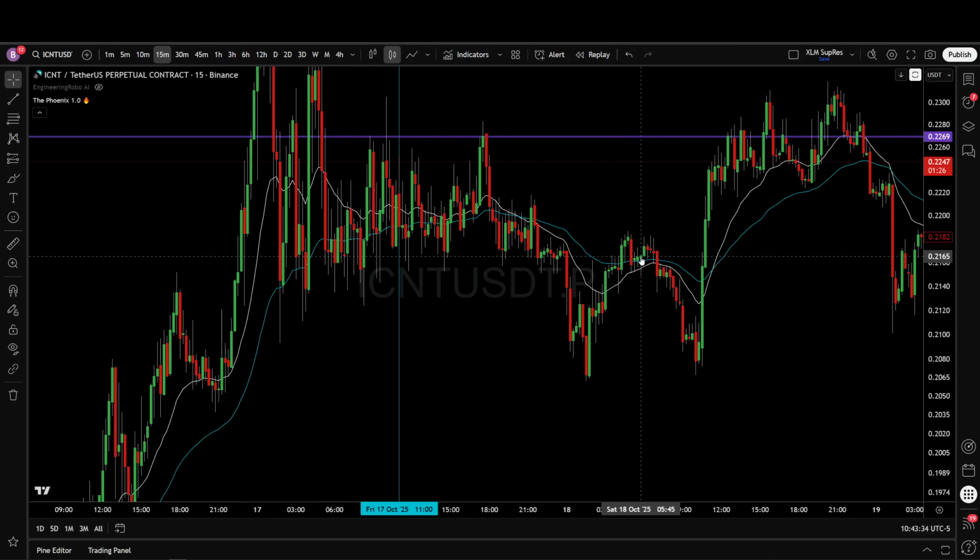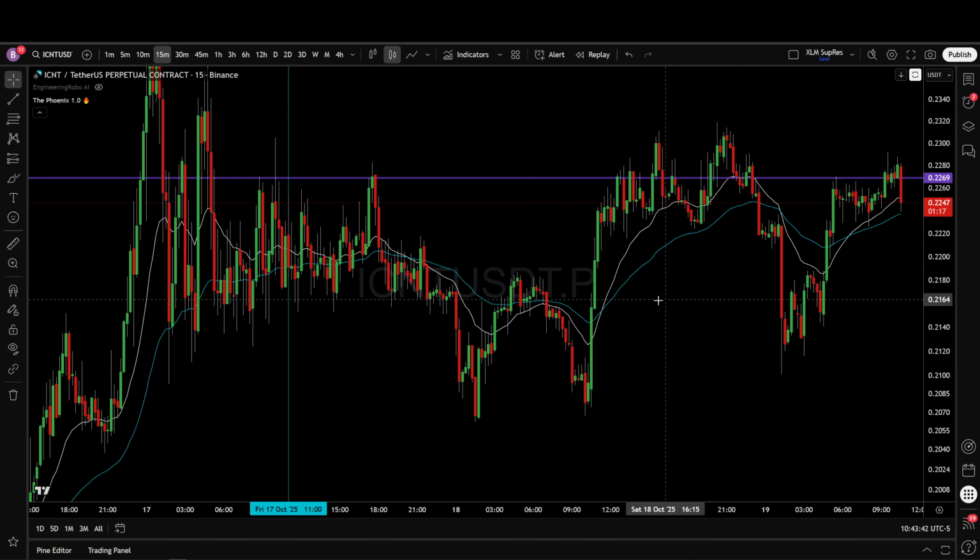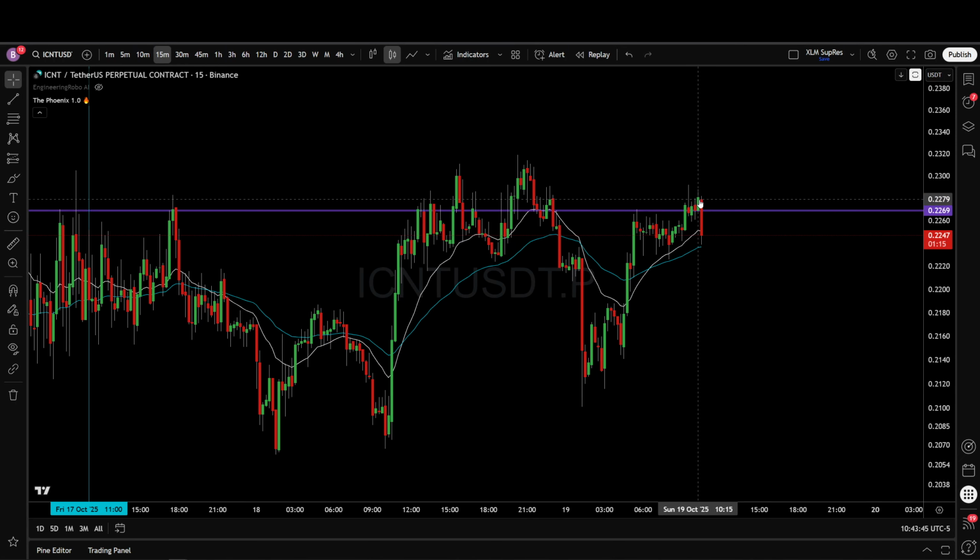Here's another perfect retest. So you could have taken either one of these shorts. Just wait for it to hit the blue line, right? Or wait for it to get above it and then cross below it. And this is what it'll look like on the 5-minute as well. But here we are, this is possibly a good area to buy